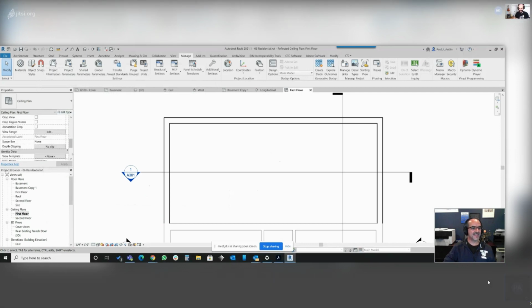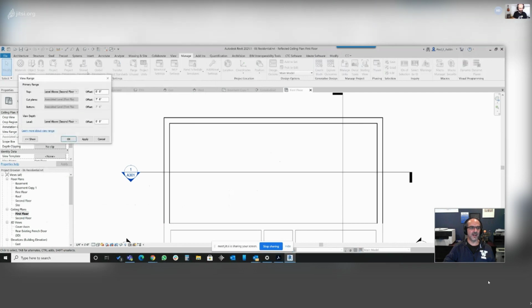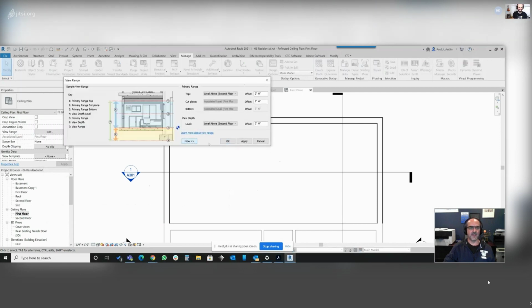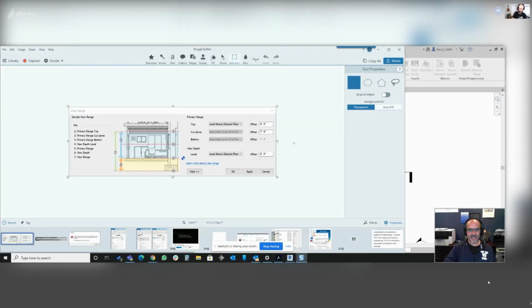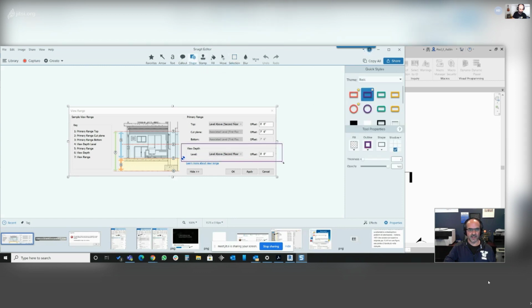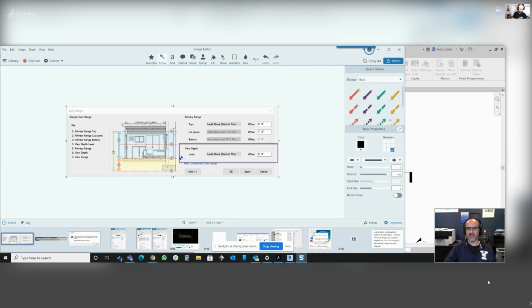So this is one of those things that I really just have a hard time being an apologist for Revit on, because this is just lazy programming, if you ask. They decided, oh, well, it's the same dialogue, and they even left all the same terminology, but it's really not, because you have to imagine taking this area here. I'm going to do a screen capture, and I'll annotate it in Snagit. Okay. So you have to imagine taking this area here, right? So let me just write this, and it actually goes